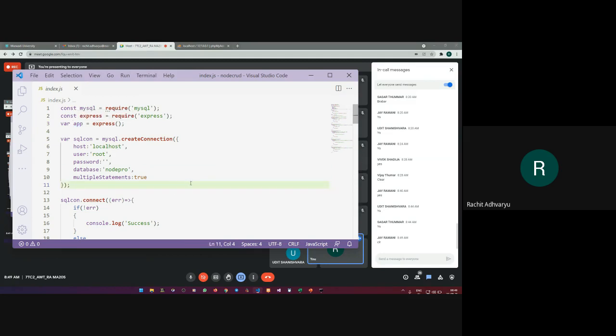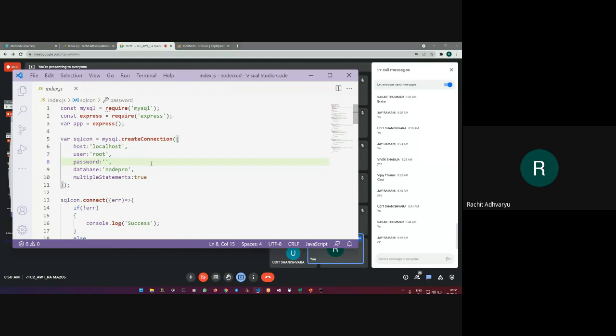Next thing, because I'm going to work with MySQL, I need to create an instance of it. So I'm creating a SQL connection, in short, using MySQL. I'm going to use MySQL for the database, and the connection will be to the localhost server. The username of that MySQL will be root.